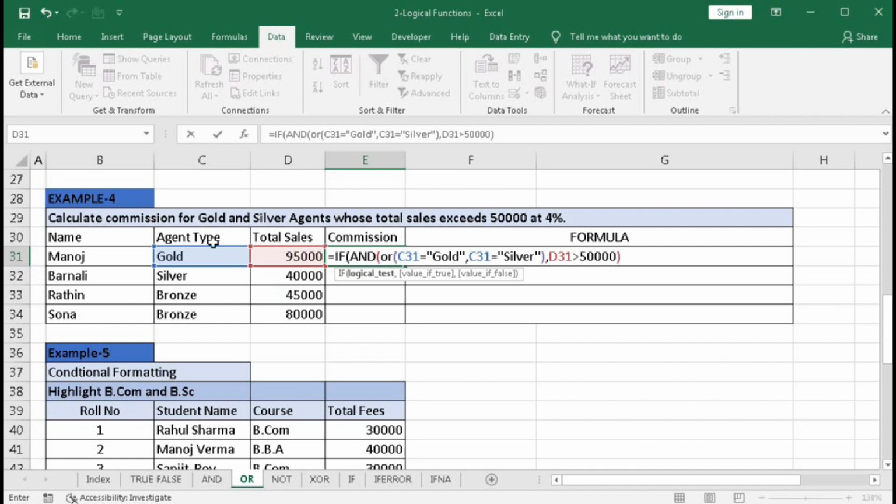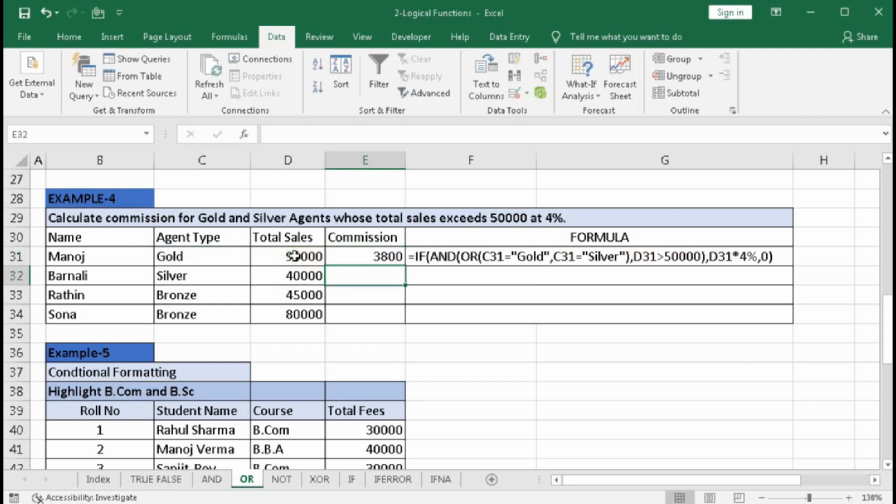So this is the logical test for IF. Press F9, it is true because it is 95,000. So comma, if it is true, then total sales into 4%, otherwise 0, bracket close, and enter. So 3,800. Now drag this down.